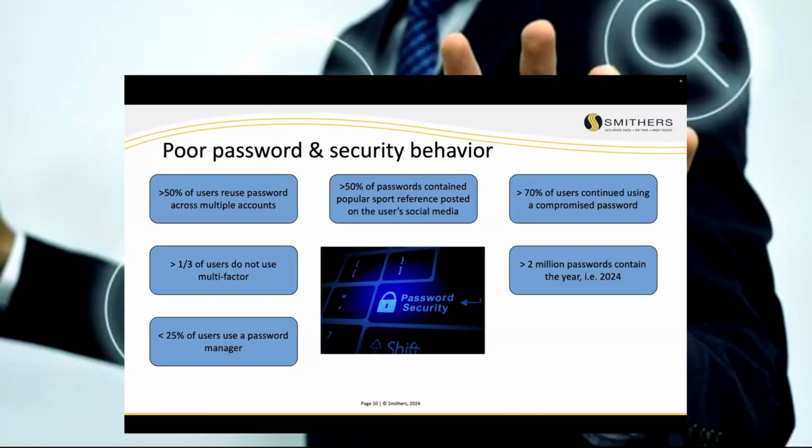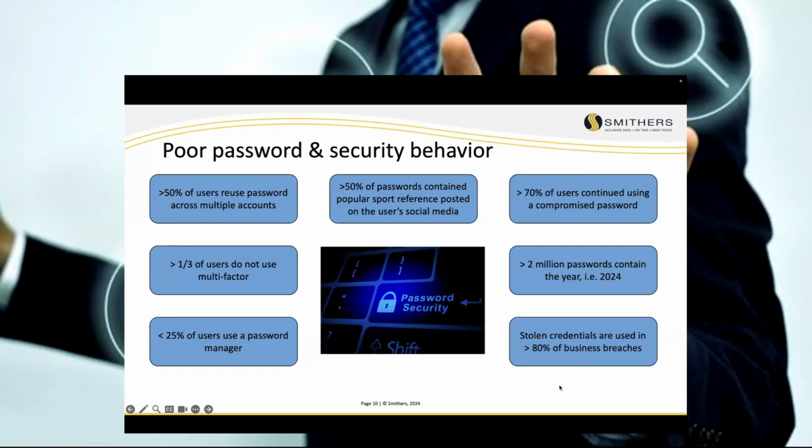2024, if you got a requirement to change your password. I have family members who do this. They call me and say, hey, I'm changing my password to password 2024. Why would you do that? Because they said I had to have a new password. Why are you picking 2024? Well, it says I have to have a number. Okay, pick a number other than 2024, other than your birthday, other than your wife's birthday, your children's birthday, or your dog's birthday. Pick anything other than that number. But about 2 million people every year will continue to use the year that it is in their password.